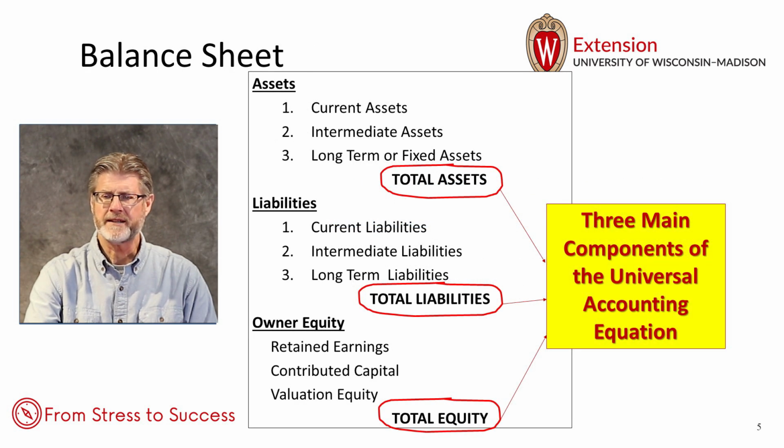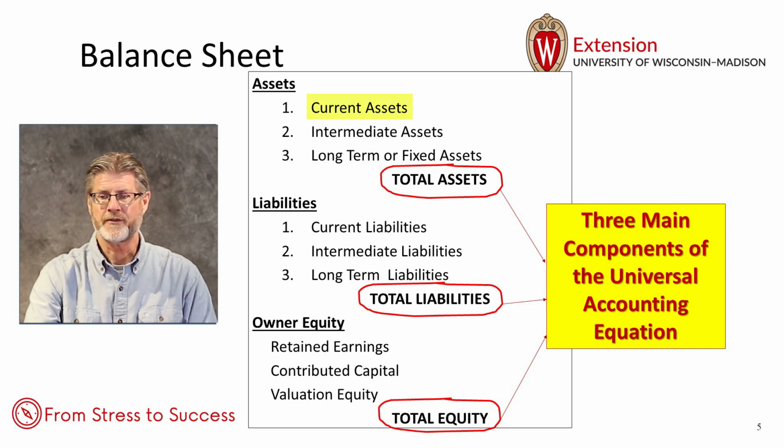The beginning and end of the year balance sheets show what the farm business owns, assets, what it owes, liabilities, and the difference between the two, which is owner equity. Owner equity is a key metric as it shows the owner's wealth. A major financial goal over time is growing owner equity. Note, the balance sheet is separated into subcategories of assets and liabilities.